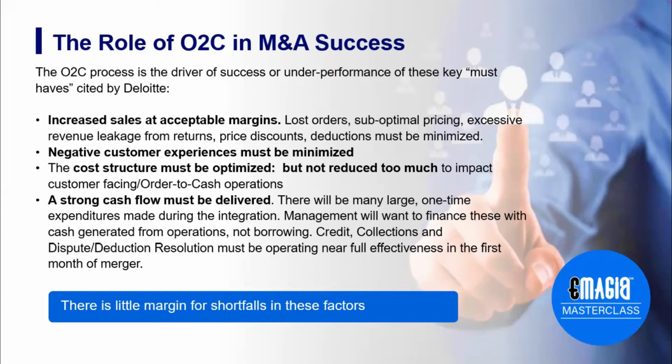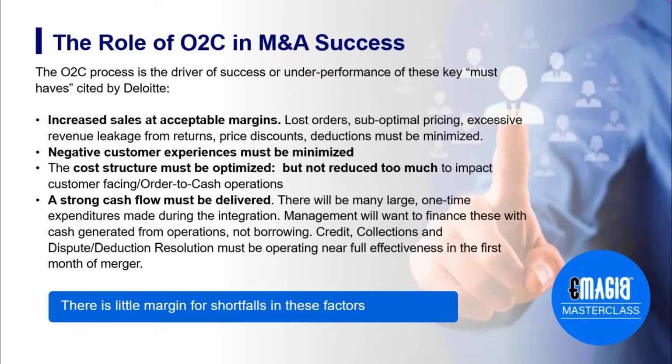And even Deloitte in their study listed kind of the perils of integrating acquisitions and what can go wrong. And these 4 are dependent on the order to cash process. And the 4 imperatives that you need to have. Well, increase sales at acceptable margins. I mean, that was probably the major